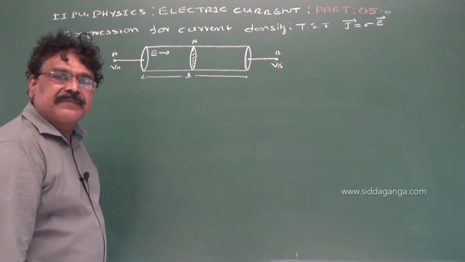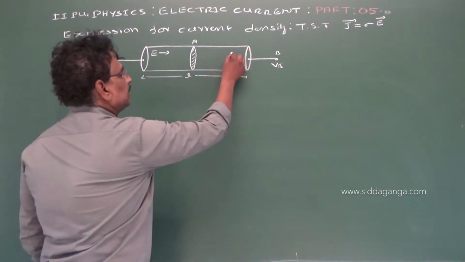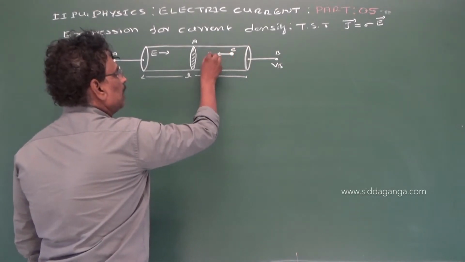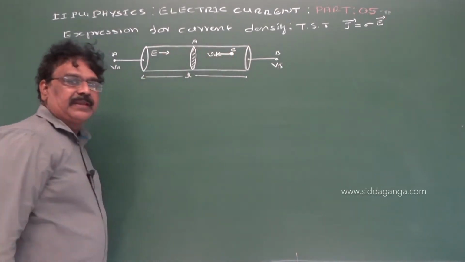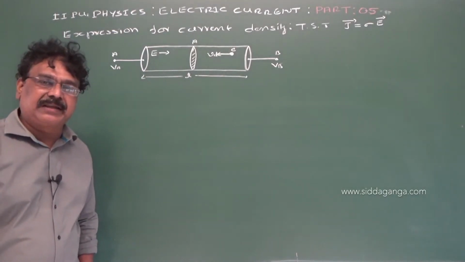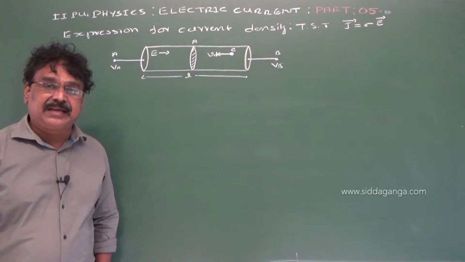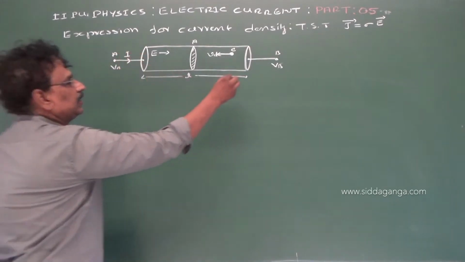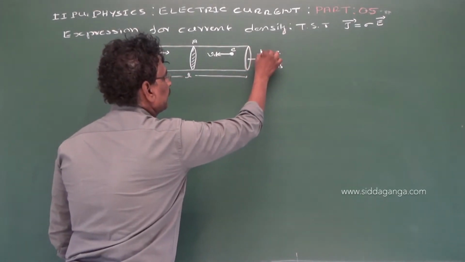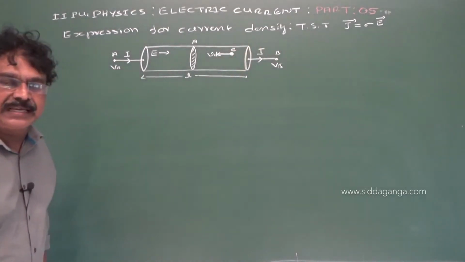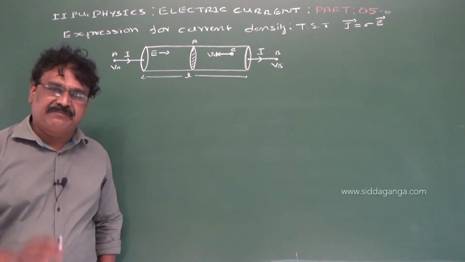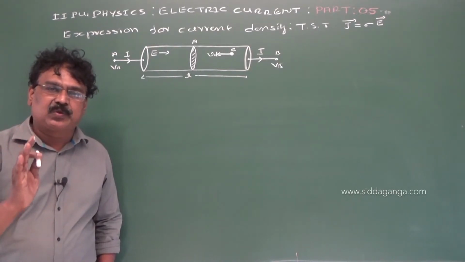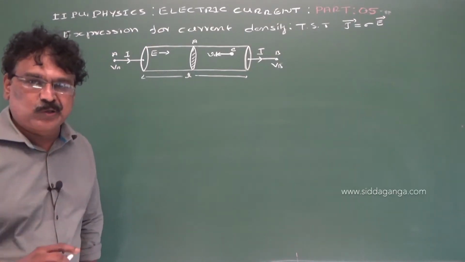Now under the influence of this external electric field, the free electrons acquire a very small drift velocity Vd in the opposite direction of the applied electric field, constituting an electric current. Let I be the current flowing through the conductor. So far in the previous classes, we have derived expressions for drift velocity of a free electron and current flowing through a conductor. Using those two expressions,